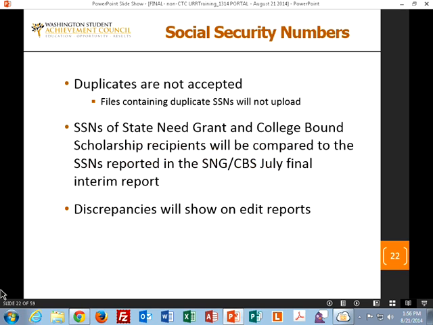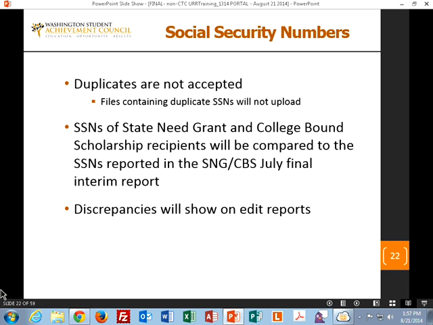Some special comments on Social Security numbers. Duplicates are not accepted in this file. It simply won't upload, and there will be messages that there's a problem.